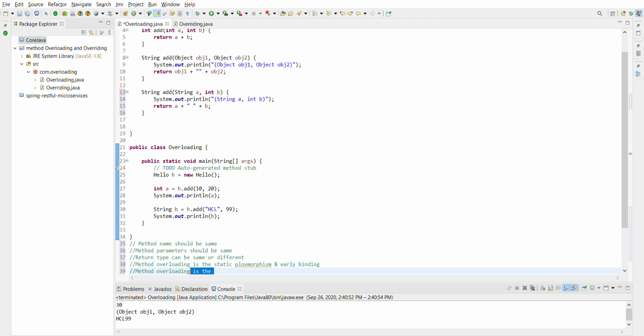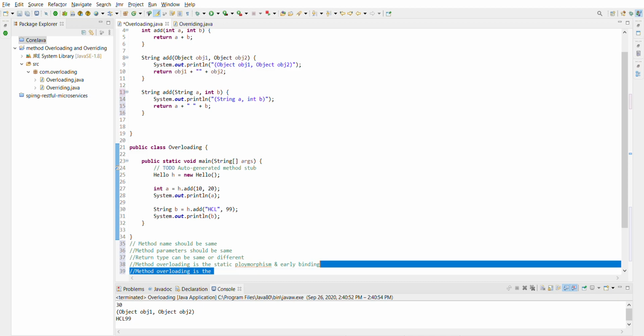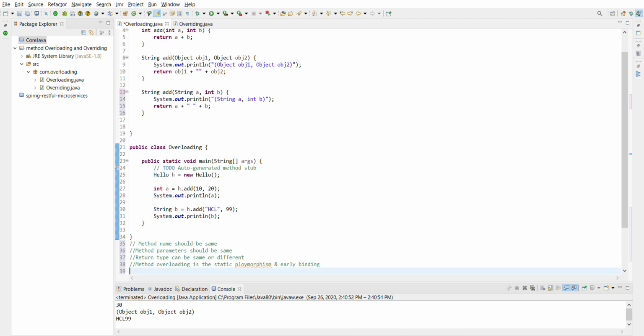That's it. This is the core concept of method overloading.